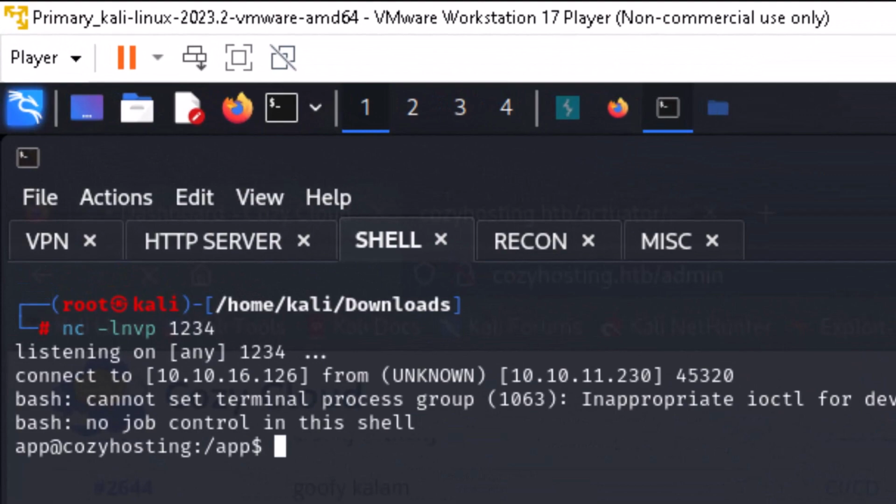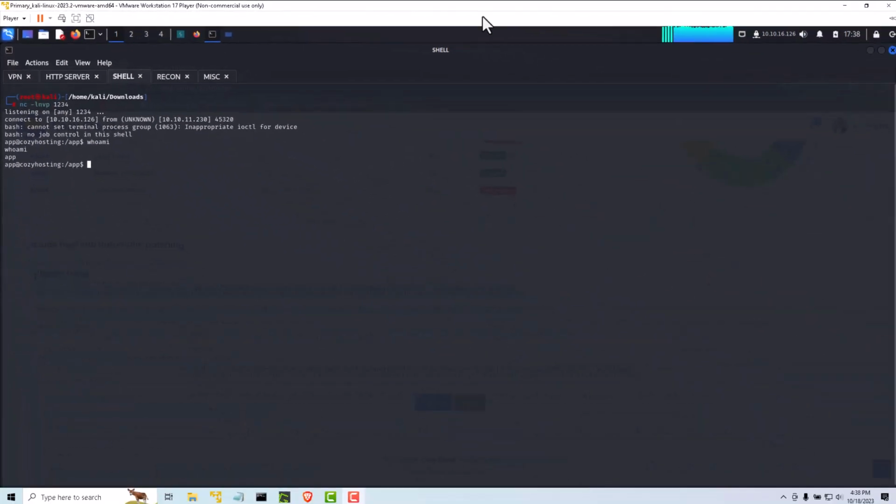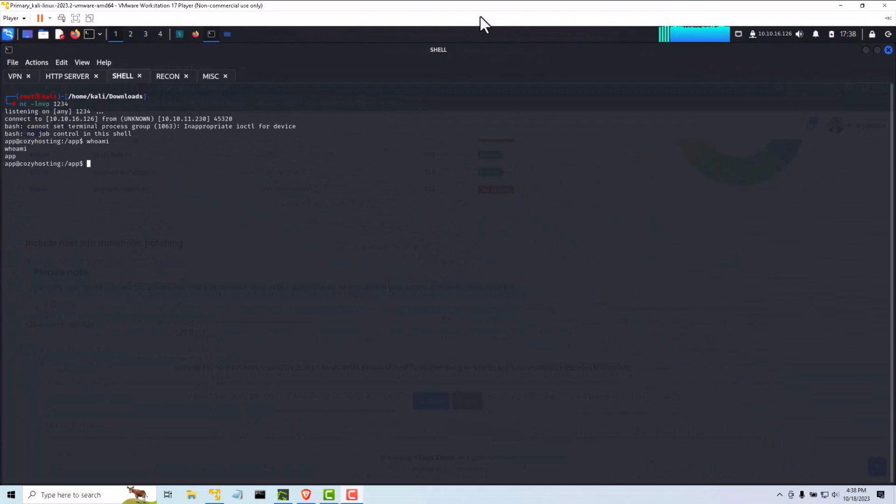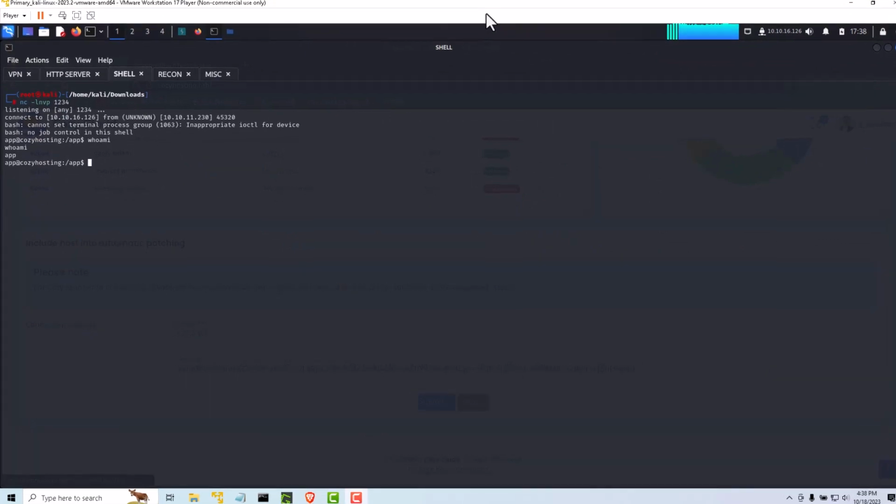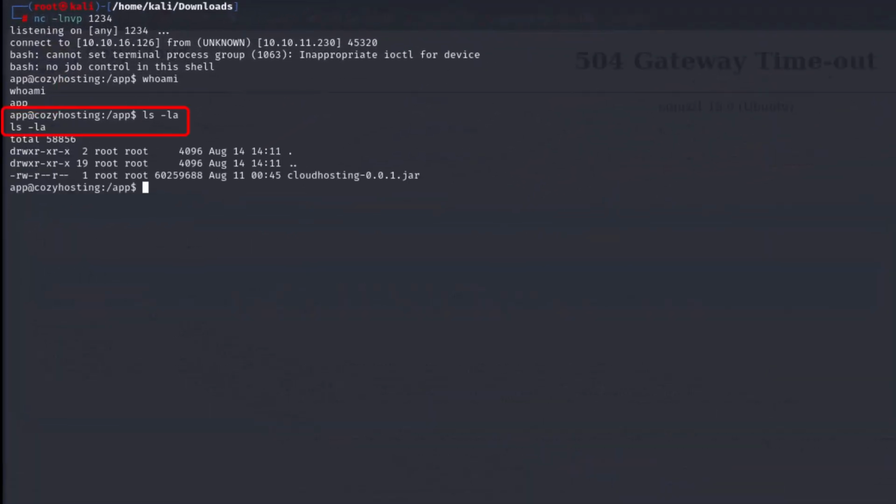When I check the netcat listener, I can see that it has caught a shell as shown in the CLI. From the shell, it looks like I am the app user, but just to verify, I ran the whoami command and I verified that I was the app user. I ran the ls -la command to see the contents of the directory. The only thing I see is